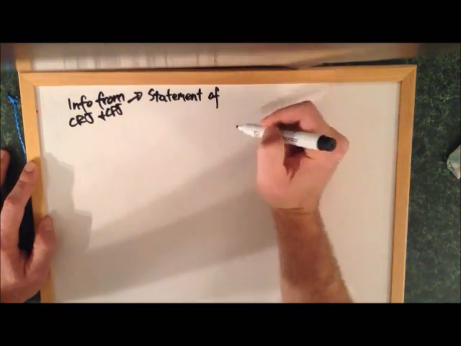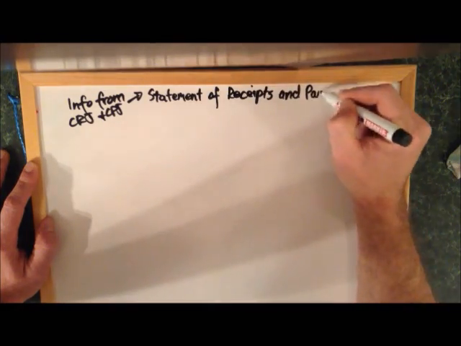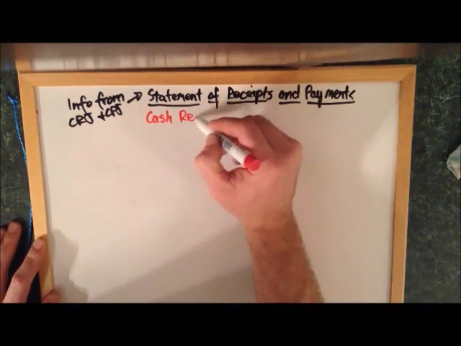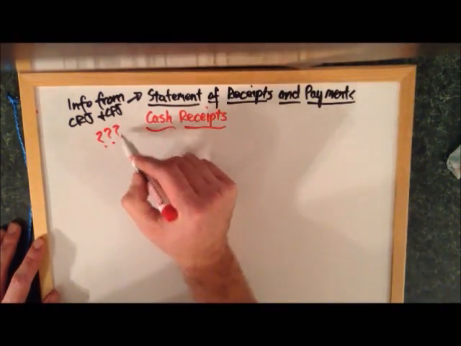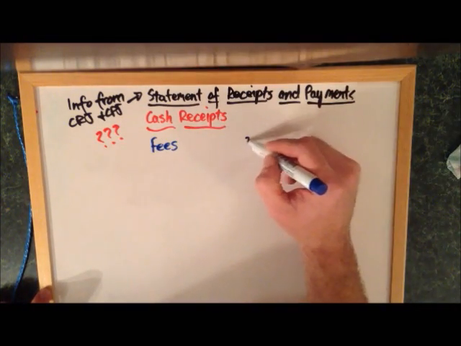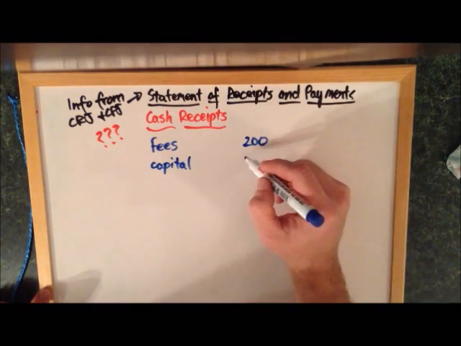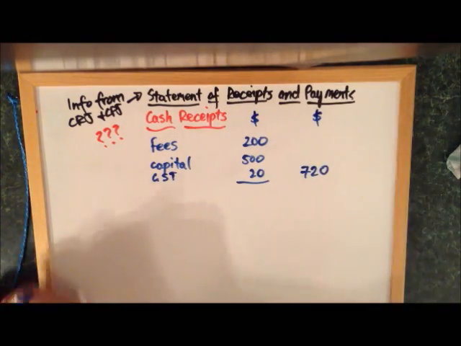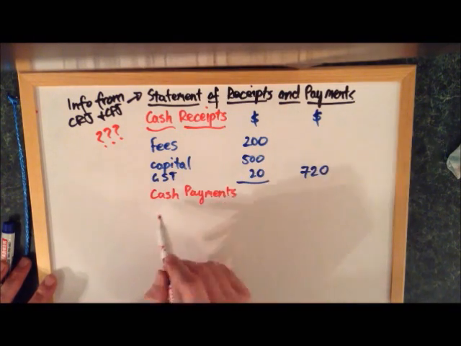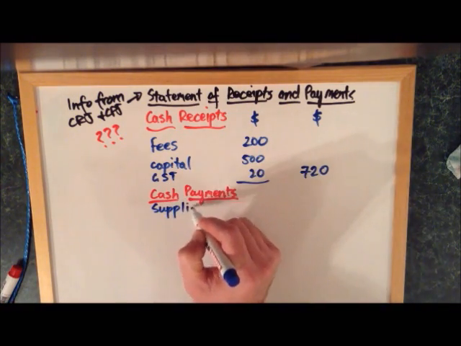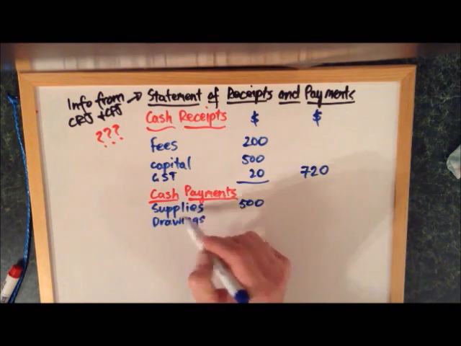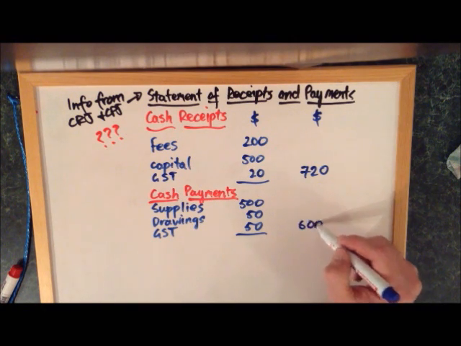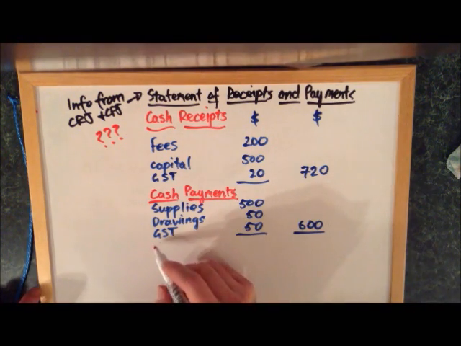So the information from the cash receipts journal and the cash payments journal go into the statement of receipts and payments. Basically what we do is we total all our cash receipts and we summarise them from the cash receipts journal into the cash receipts section of the statement of receipts and payments. We do the same for our cash payments. So see there the supplies, drawings, GST,